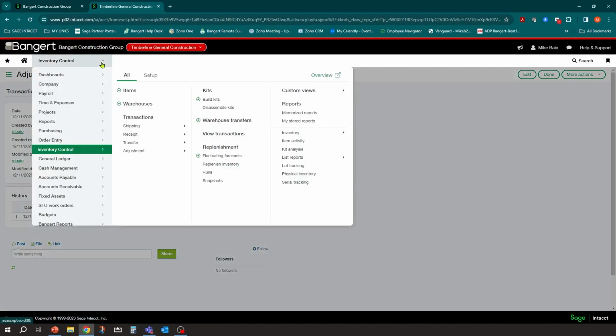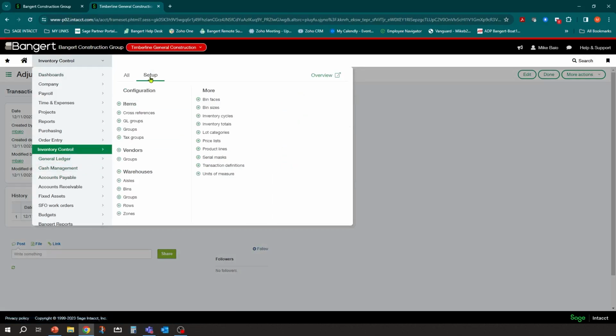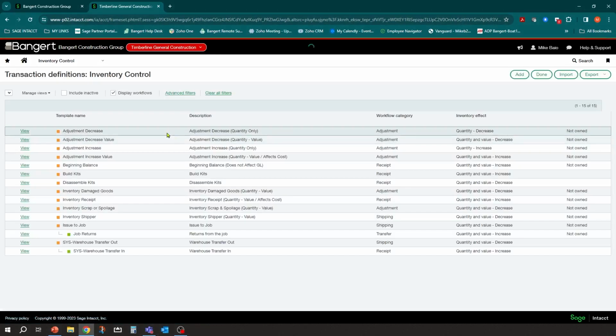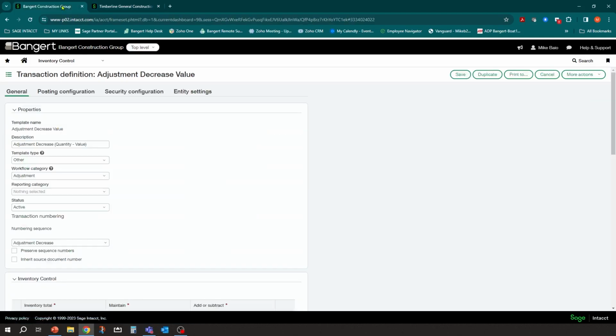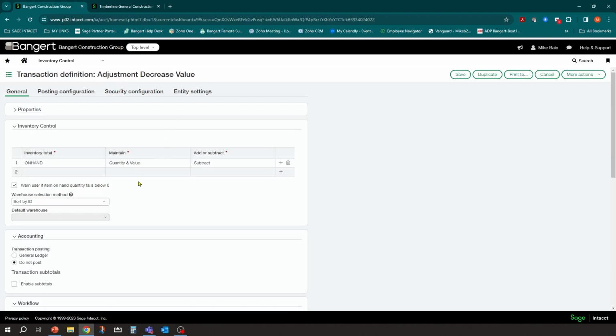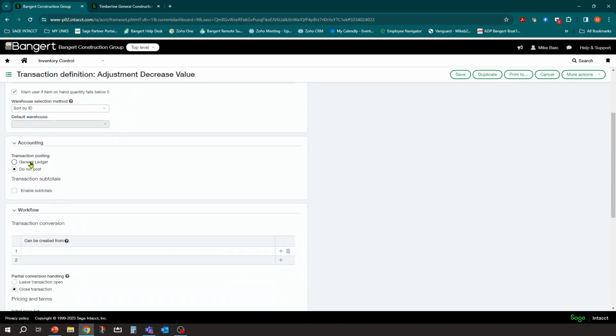Now, the issue there is I don't think I had the general ledger turned on there. So one of the things you want to be careful of is that, if you're doing these adjustment decreases and increases, the big question is do you want it to affect the general ledger? So for example, if I go back to my top level and I'm in that screen, I didn't have this turned on. So that's why it didn't make the entries in general ledger to reduce my inventory value. But again, it's all based on this.